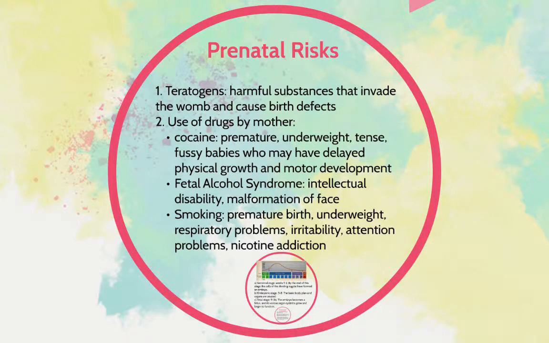Prenatal risks. During prenatal development, a placenta forms and attaches itself to the uterus through an umbilical cord. The placenta acts as a filter through which the embryo or fetus can take in nutrients from the mother and send away waste. The placenta is an imperfect filter, allowing many substances to reach the embryo.